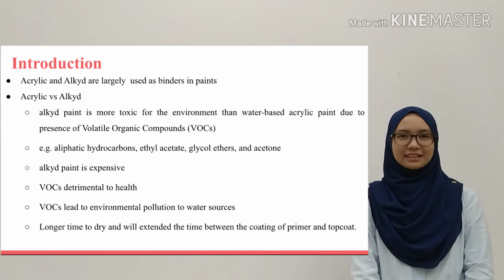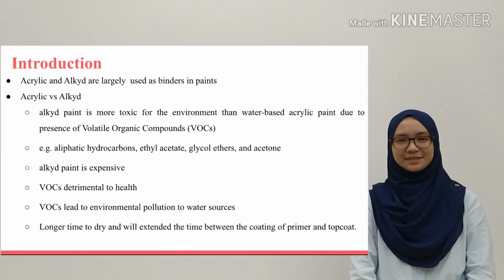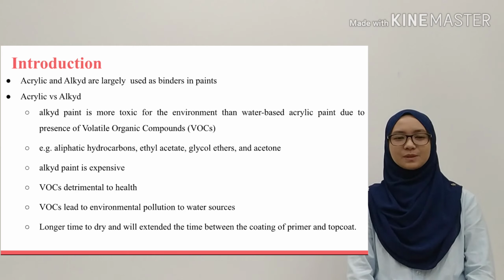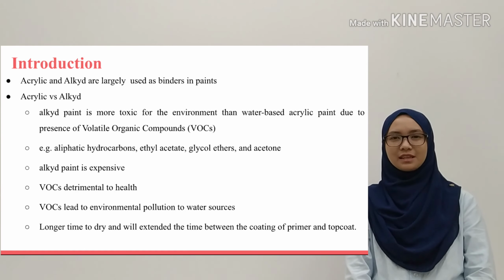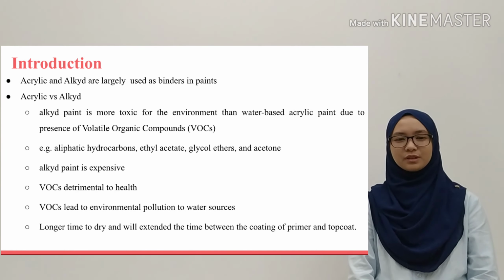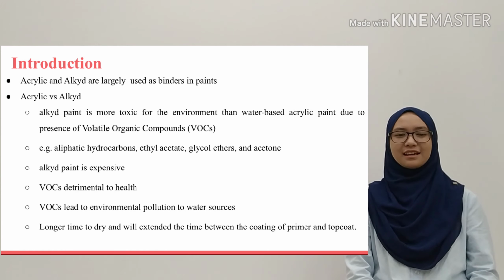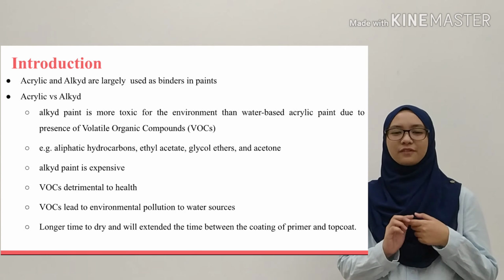Acrylic and alkyd are likely used as binders in paints. The difference between acrylic and alkyd is that alkyd paint is more toxic for the environment than water-based acrylic paint. It is due to the presence of volatile organic compounds, which are detrimental to health and lead to environmental pollution